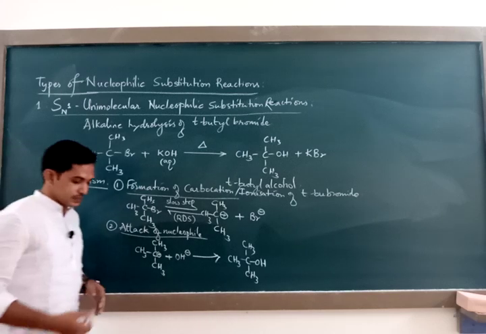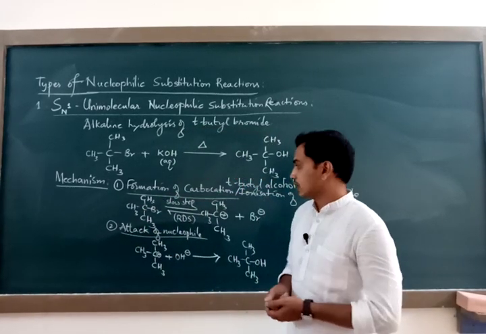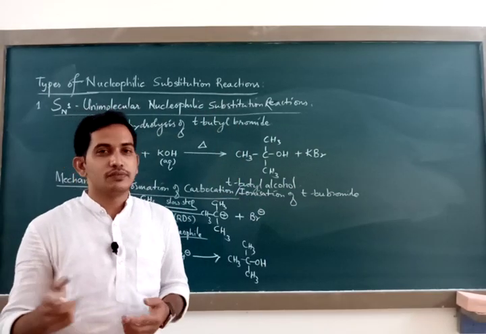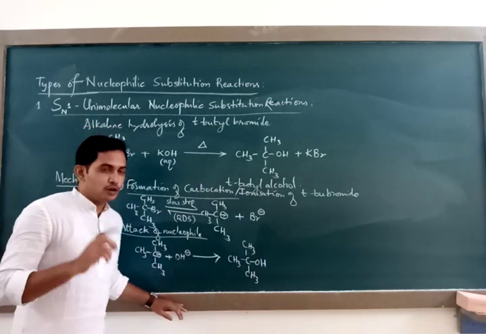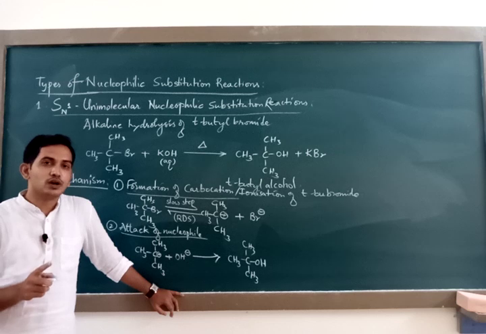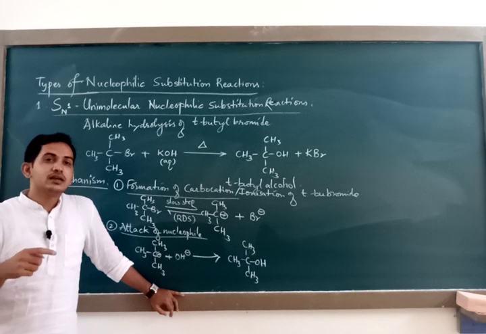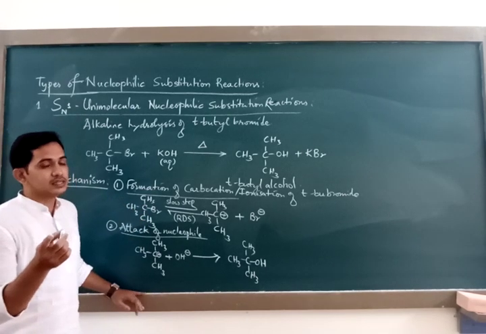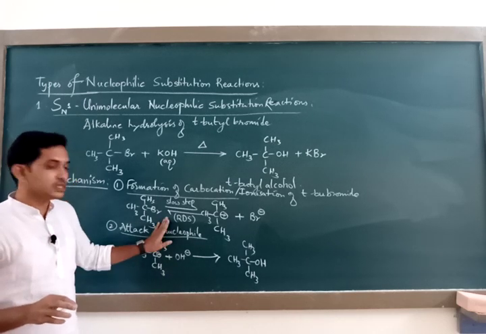Now out of these two steps, how do you identify which step determines the rate of reaction? So there is a law called law of mass action. You might have studied this law in your first year also. If not, I'll tell you the statement what this law says. According to law of mass action, the rate of any chemical reaction depends on the slowest step. So by knowledge, by studies, we have found out that the first step is slow step. So the law says the rate should be depending on the slow step only. So between these two steps, this is slow step.